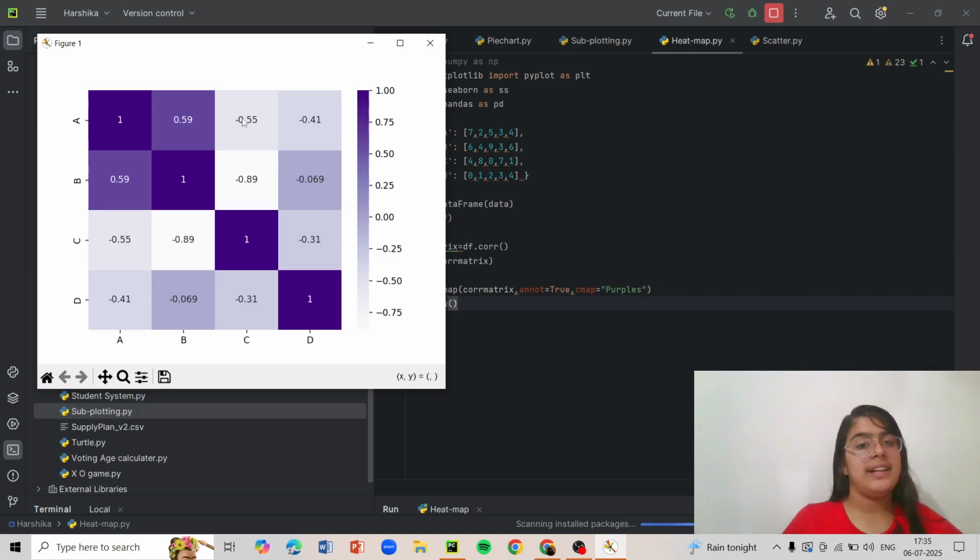So here you can see the heat map. It is a really beautiful map, and you can see the maximum ones. Now what is a heat map? A heat map is more like comparing. So when you need to compare, for example, in your class, when you need to find out who is rank 1, who is rank 2, and who are tying, for that, we will use heat map.